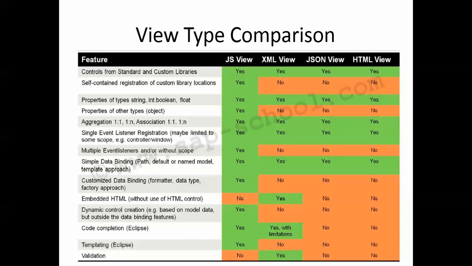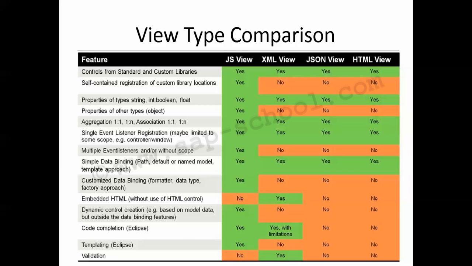Similarly, the properties of the type string, int, boolean and float are available in all 4 view types. After that, the properties of other types, that is object, are available in the JS view. The aggregation one-to-one and one-to-many, and association one-to-one and one-to-many, also exist in all 4 views.